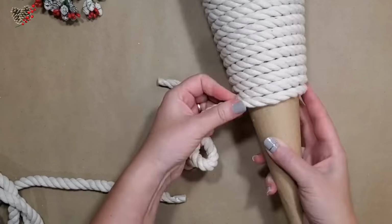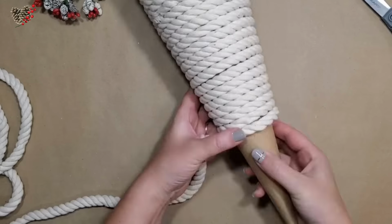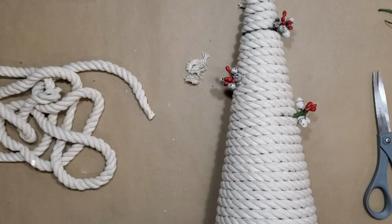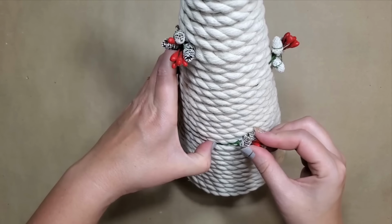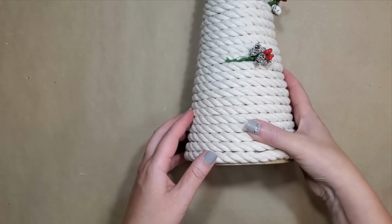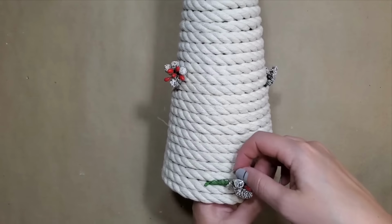And I just repeated that same process for my second tree, except I used nautical rope from Dollar Tree for this one. This nautical rope is a little bit harder to work with than the yarn is. It does want to slide around just a little bit more on your tree form, so I did have to use a little bit more hot glue on this one, and I also tried to keep my tension just a little bit tighter as I went around the tree,